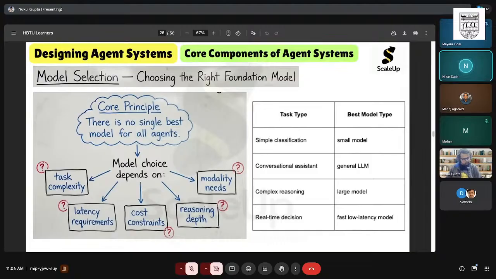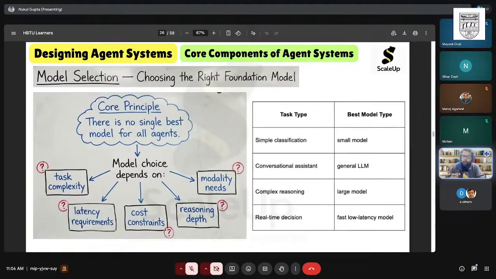But the example you are giving, Manoj, is that somebody has an API gateway kind of thing, which will take the decision of which model to be used instead of the agent taking that decision. The agent will always call that accordingly. It will say, oh, this is a small task, so let me use a small model or LLM. I've seen it depends on the maturity of the platform. People generally start with using one model, and then to save costs, be more efficient, or provide better results, they generally move to using multiple models.